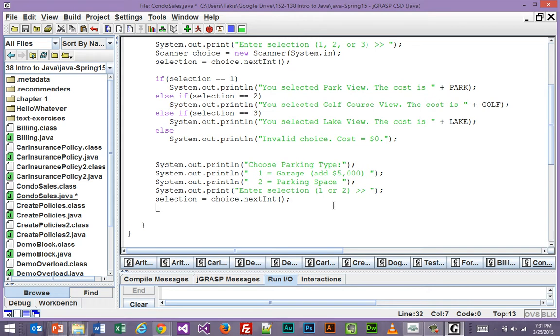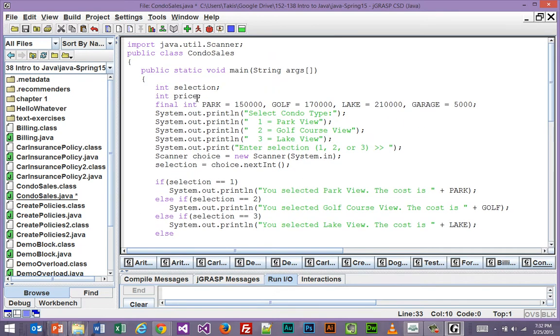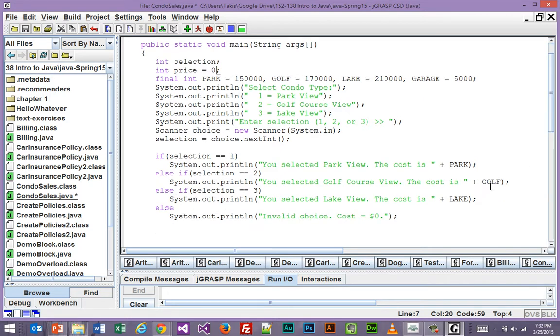And what we're going to do is check at this point, and say if selection is 1, again, then what are we going to do? Well, first thing we're going to do is add 5,000 to the price, right? And since we're going to be doing math to put stuff into price, it's probably a good idea to set it to 0 to start with. In this case,